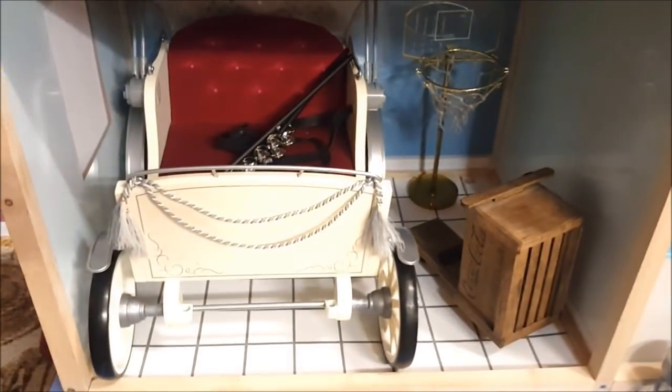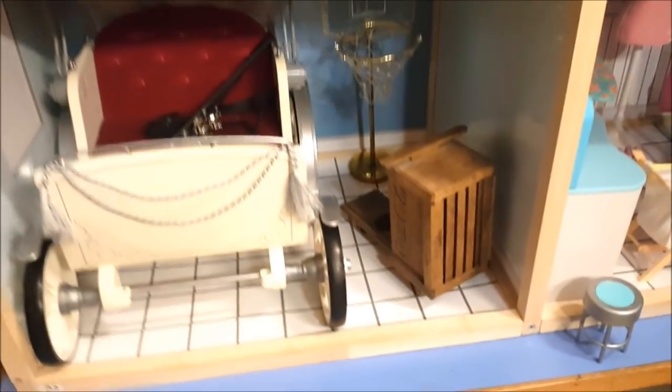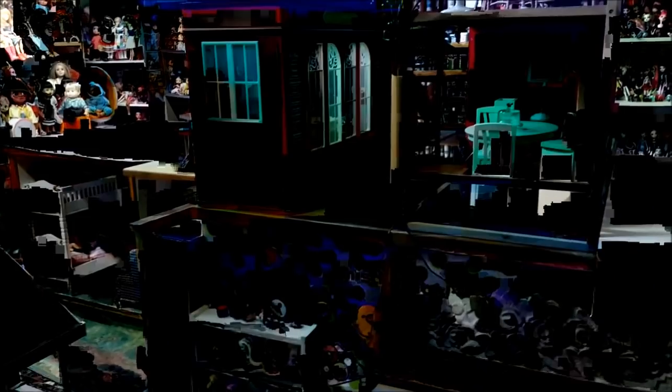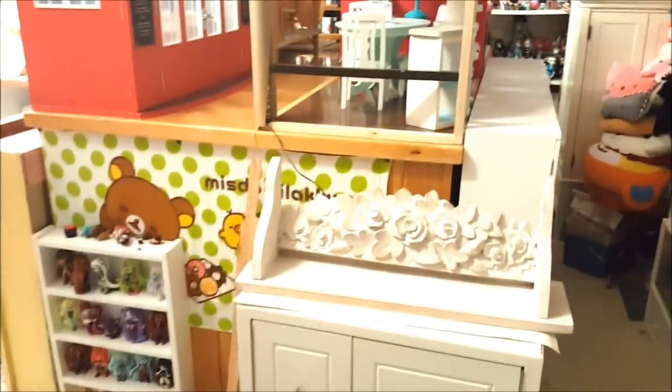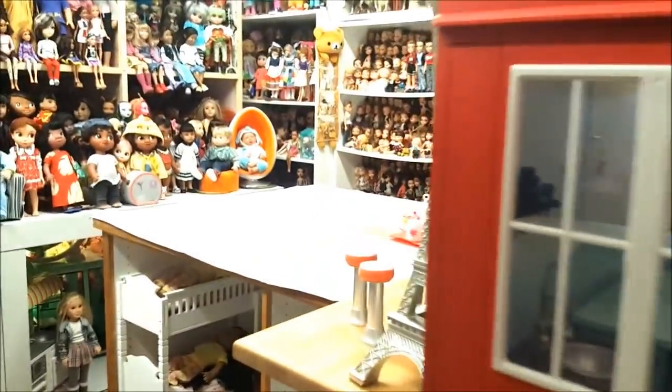This is the garage with a cart in it, which looks like Kit's cart, but it isn't. Now we're back to where we started, at the doorway. So now I'm going to show you the center island. When you first walk in, this is what you see. We have an American Girl nightstand there, and we're going to walk past the bakery so I can show you